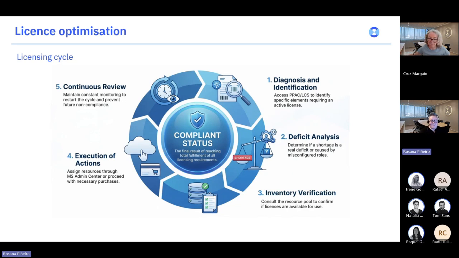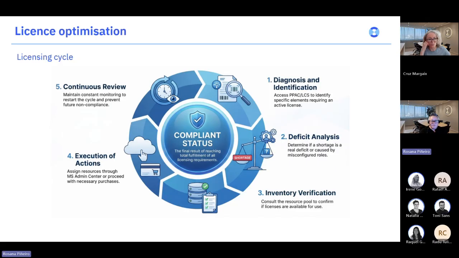The best way to determine this is to really understand what the users are using, where they're actually accessing, what they're accessing, that is, to understand what entry points are being accessed by those users. And how can this be determined? Well, shortly I'll be showing you a demo of a tool developed by Crosspoint 365 that can display this information.